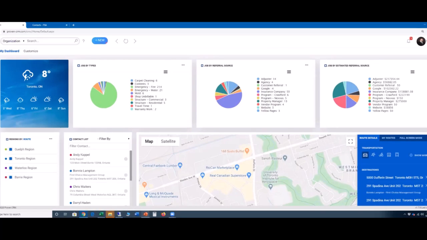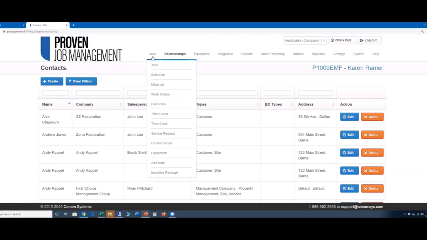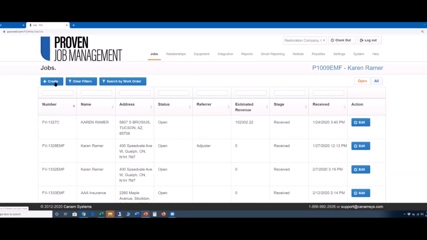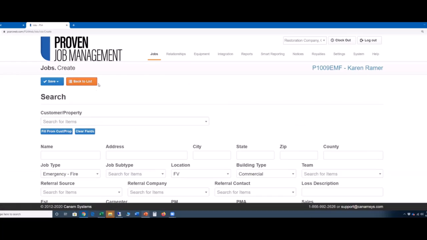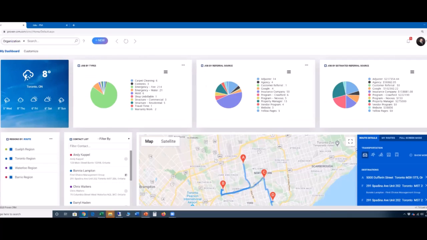Once we've established who owns the relationship, the next big question that we have on the CRM is who gets the credit, as far as how those relationship credits are defined. So again, in the CRM, because we link into the job management system in real time, when a brand new job is set up and established, the information that we list from a referral perspective allows us to see in the CRM who gets credit